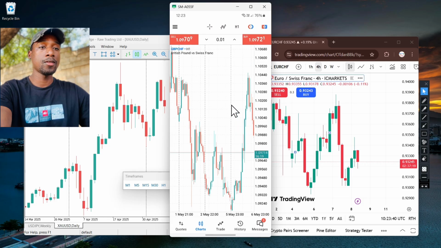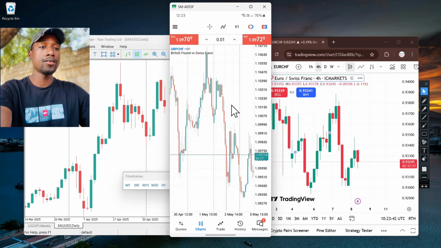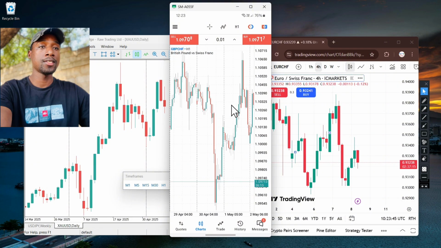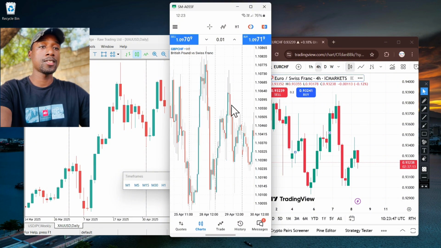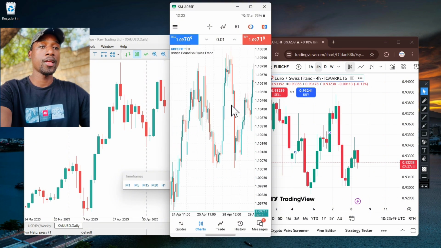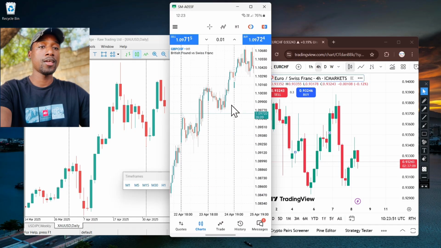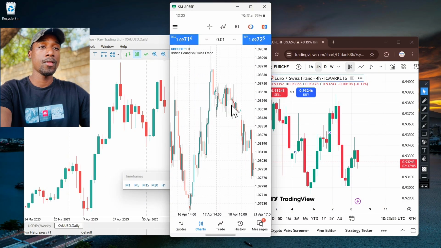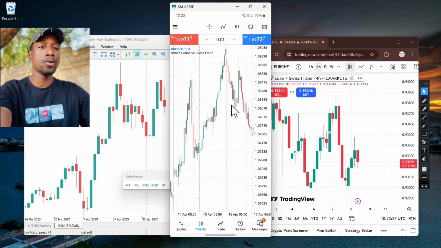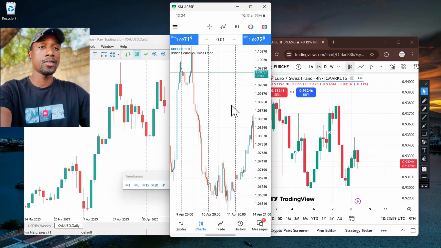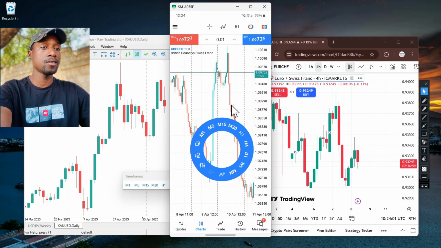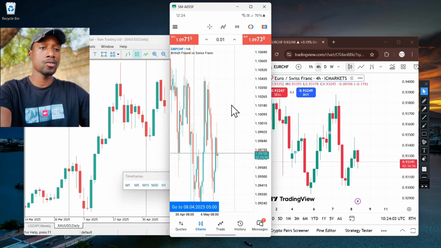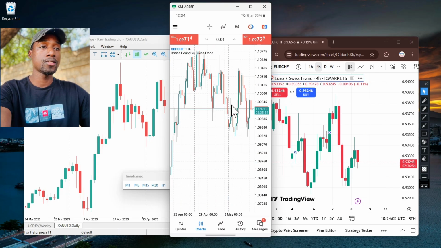And this can be on the below level, and the head and shoulders cannot happen every day, so you need to be patient in looking for the head and shoulders. There are some head and shoulders that I saw on the upper level, but I wanted us to look at ones that are at the below level. We're supposed to find, let's go to 4 hours, the one that is on the below level,